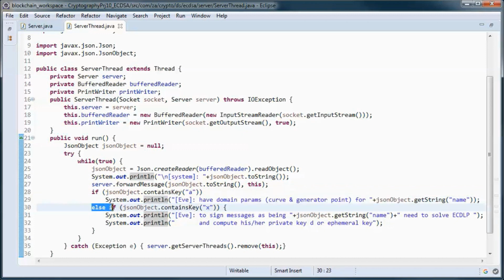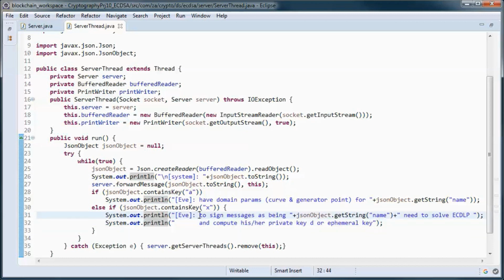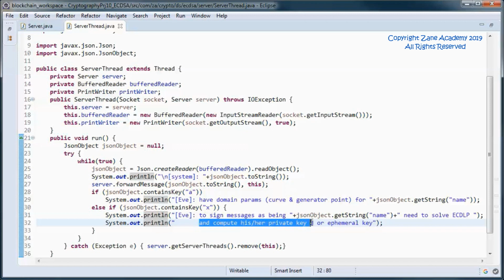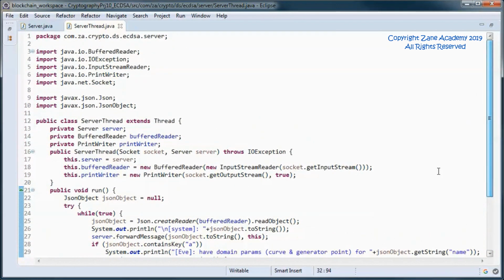Otherwise, if it is a signed message, then we indicate that for Eve to sign messages as being that person, she needs to solve the elliptic curve discrete logarithm problem and compute the private key D of that person that signed the message, or the ephemeral key for that message. And this should do it for this class.